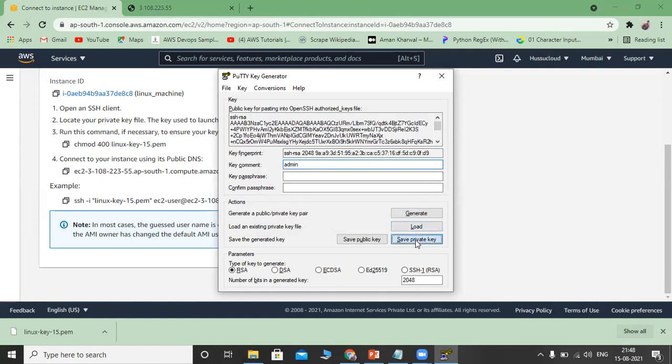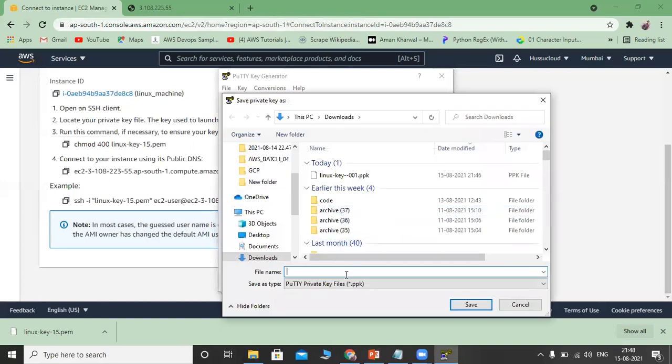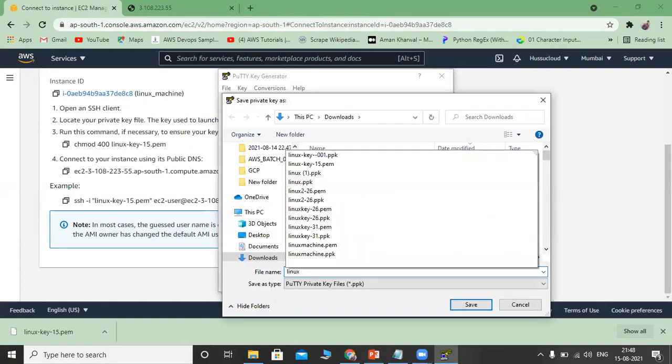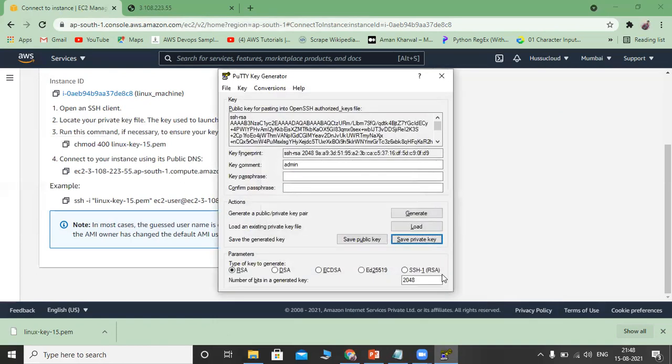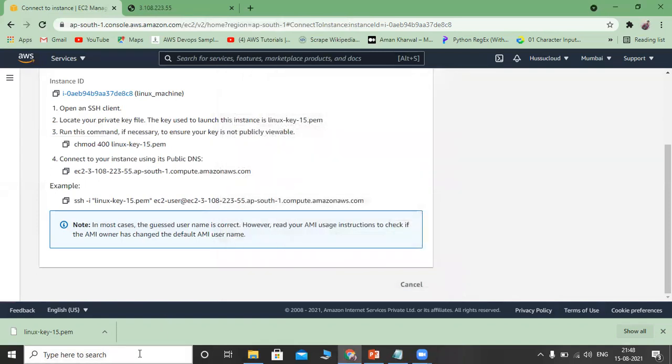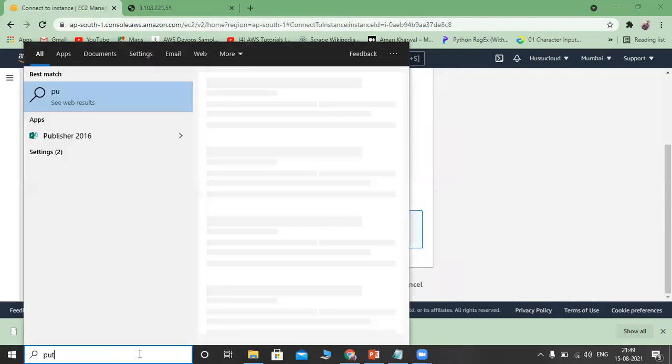Then Save private key as Linux-2-key. Save. Then close this one. Now take PuTTY.